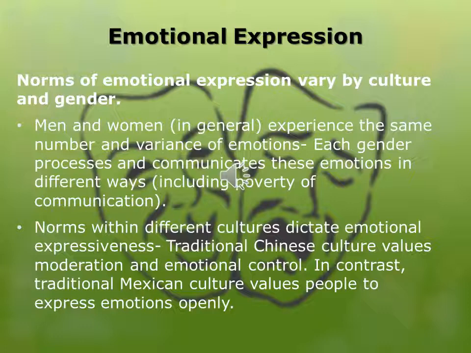And then, by communicating, in an earlier chapter we discussed that men and women communicate their emotions in different ways, or even don't communicate in the case of men. And we're speaking in broad brushstrokes here about the gender of men and women as we understand them here in the United States. So men and women feel the same number and variance, the same degrees of emotions. They just communicate them in different ways. And even poverty of communication, which means lack of communication, not discussing this, just kind of being silent with it.